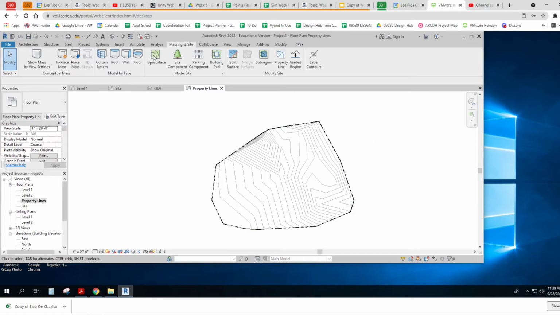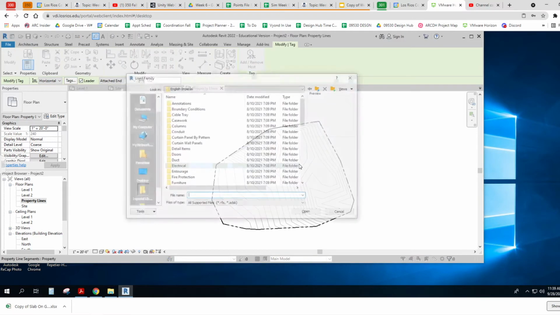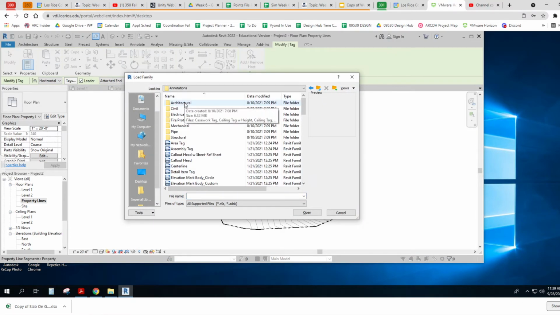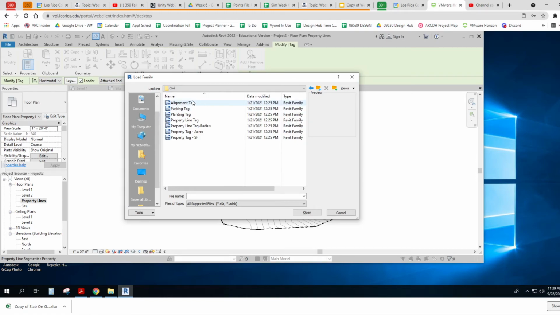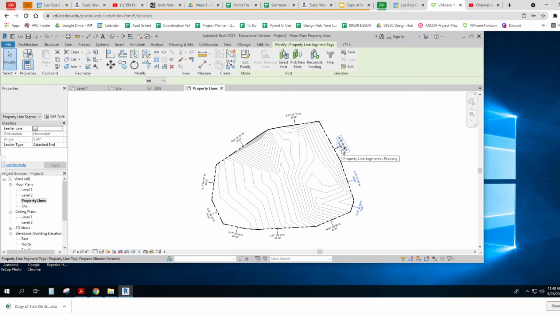And what's awesome now is I can annotate it, tag it by category. Oops, there isn't one. So let me go find annotations. Civil. Nope. Oh yeah, property line tag. Kind of cool, huh? There we go. And then if I select a bunch of those all at once,